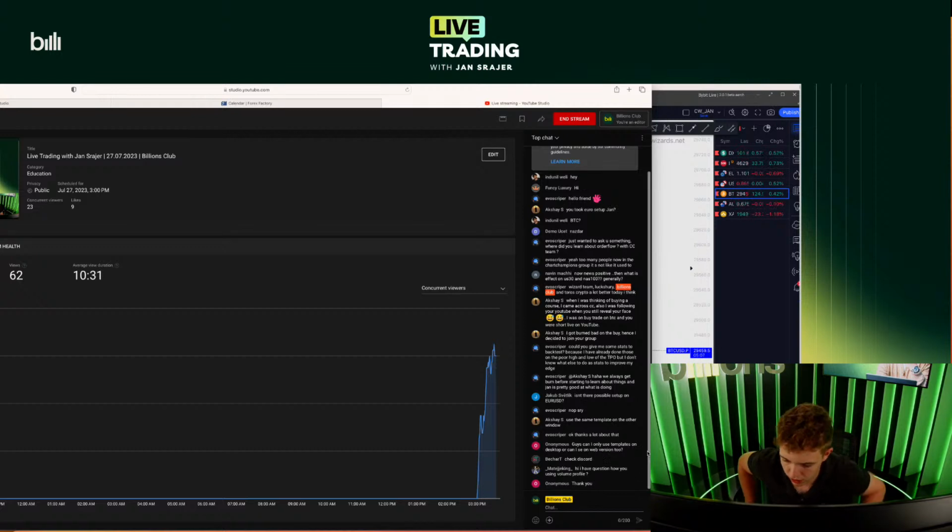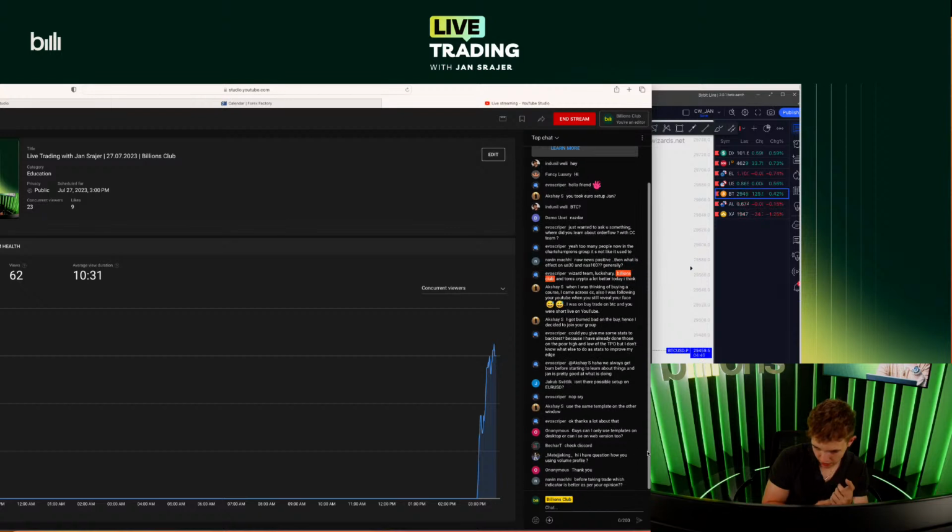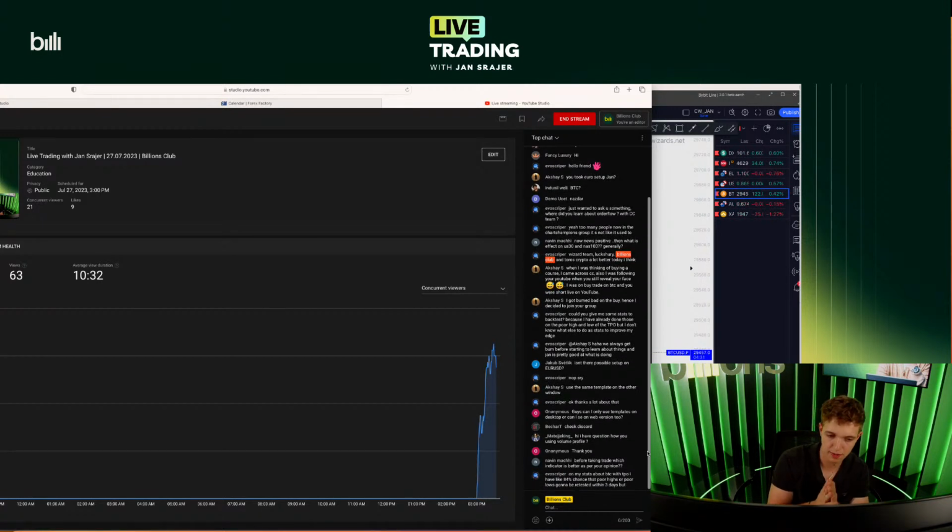I have a question. How are you using the volume profile? So firstly, I use the volume profile to get the support and resistance idea. Basically, I pay attention to high volume nodes, where they are formed on a chart, and we can potentially use them as POIs. So that's the first approach. I also look for naked POCs, once again as support and resistance. And as I said many times, and explained also in the Billions Club Academy, naked POCs are working as a magnet.